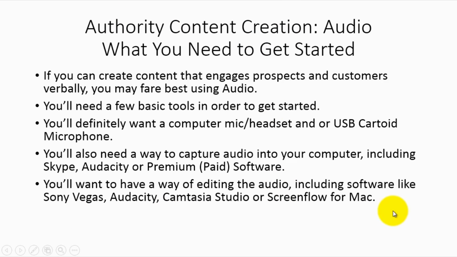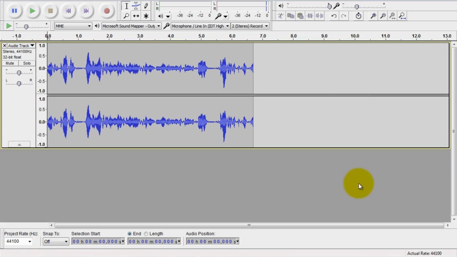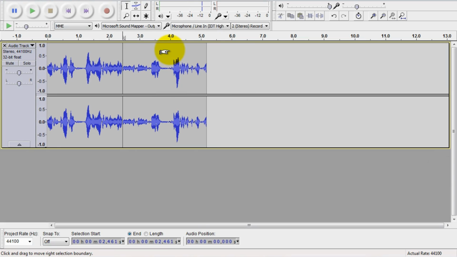And the editing process is pretty important. So yes, you will want to have something to edit. You can use Audacity in order to edit your audio too, which is pretty intuitive and pretty simple. You can take portions out that you don't want. So again, not too hard to use nor to edit, although again, the premium programs are much better at doing that. Camtasia,